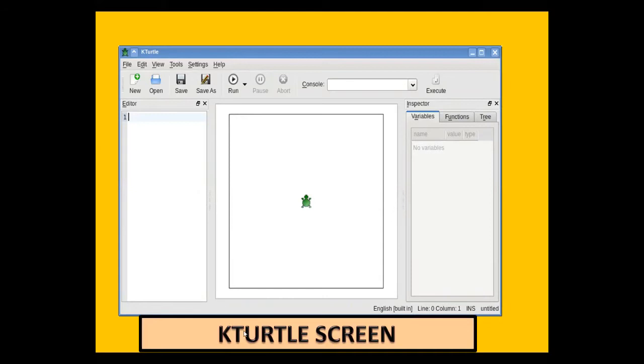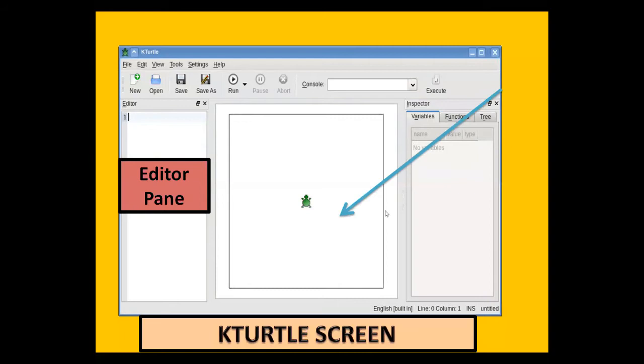The first part of the KTurtle screen is the editor pane, and we use the editor pane to write the commands. The editor pane is present at the left of the KTurtle screen. The second part of the KTurtle screen is the canvas. The canvas is in the middle of the KTurtle screen.